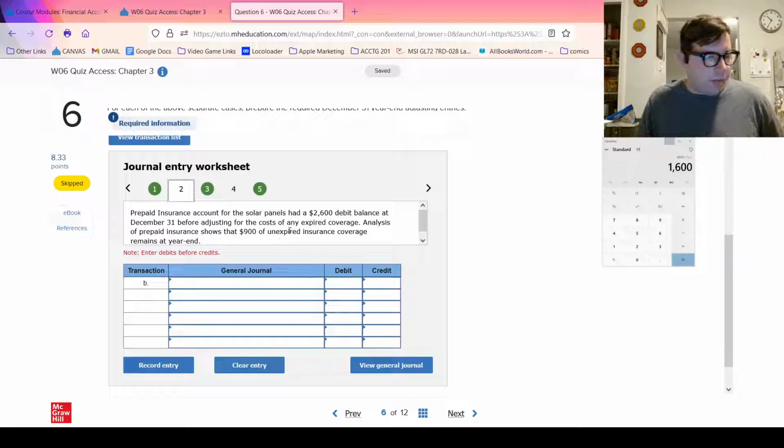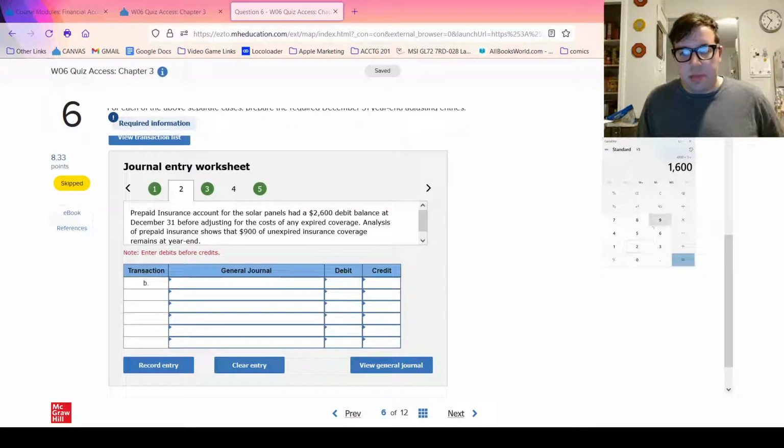So this is a little confusing, but basically it's telling us that we have $900 of this $2,600 that is unexpired, and we're going to make an entry for the expired coverage, and the way that we're going to find out what that is